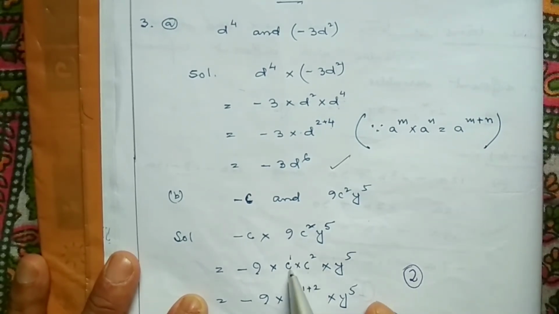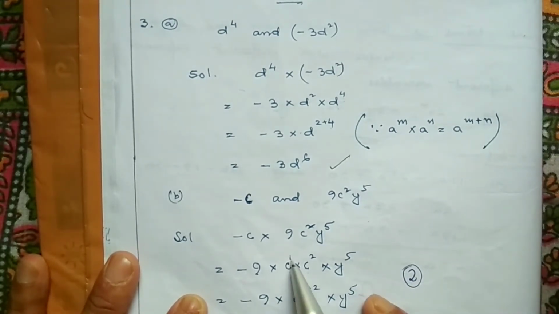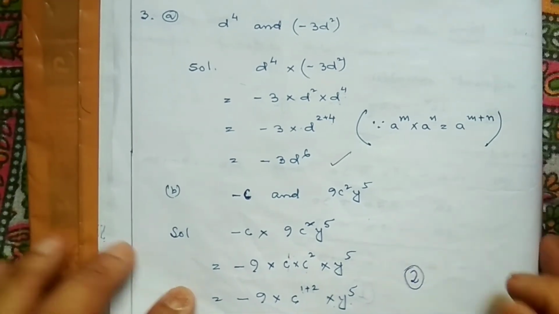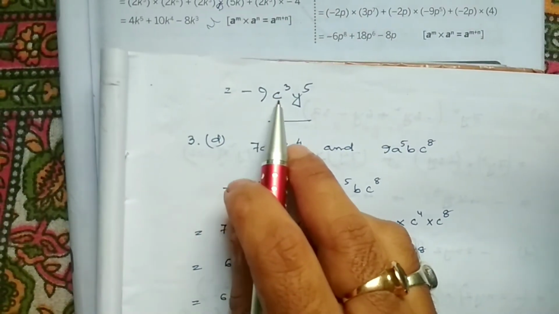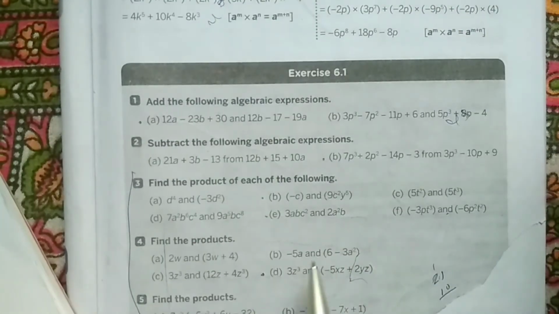So we know whenever bases are same, powers are added. So c to the power 1 plus 2. 1 plus 2 you write here, into y to the power 5. And next 2 plus 1, you know 2 plus 1 is 3. So it will be minus 9 c to the power 3 y to the power 5. Clear? Now suppose the next sum is